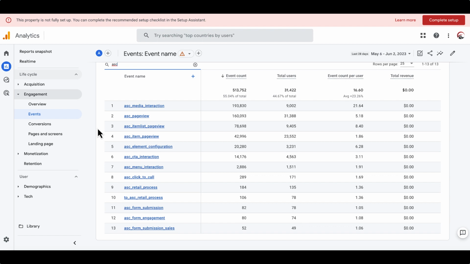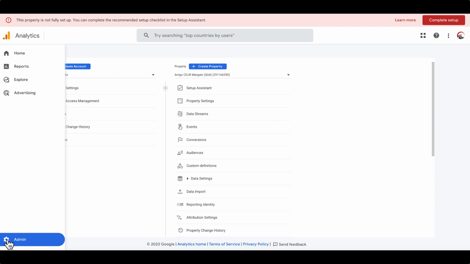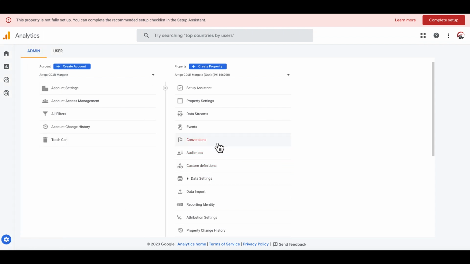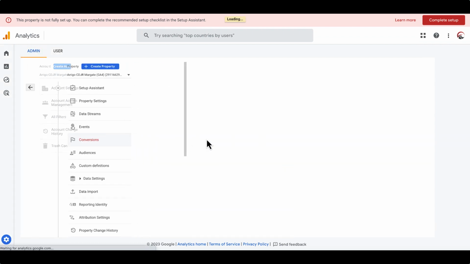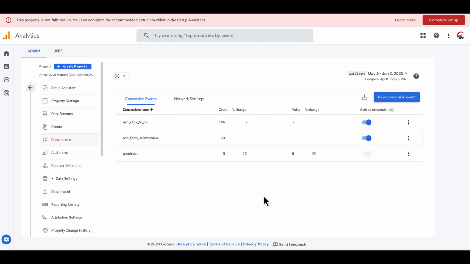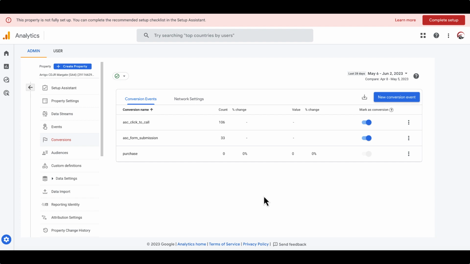Back to the wheel, bottom left-hand corner. We're going to see if conversions are set. So I'm going to click on conversions here, and you'll notice click to call and form submission is set as conversions. Notice I don't see any comm submission, that would be for chat or text. I don't see any voice submission for phone call conversions. And I don't see the digital retailing engagement events that, well, could also be considered a very valuable conversion in